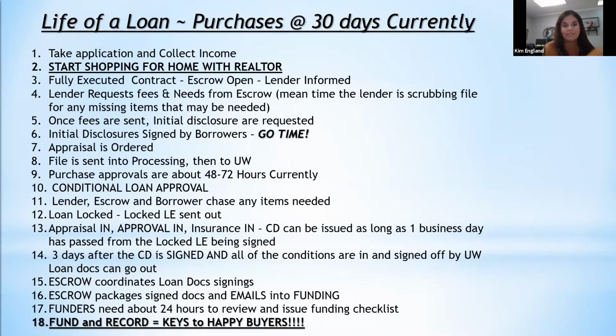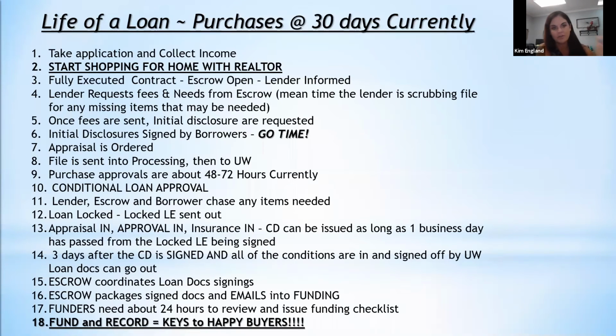Everybody at that point is chasing down everything. We're chasing stuff, escrow's chasing stuff, and the borrower's chasing anything they're being asked for on the approval. Your loan being locked, I put that here. Typically I lock after I have loan approval. However, it depends on the market. Right now rates are pretty solid. They're not real volatile. So I tend to lock after the loan approval, so if there are any changes, we can make adjustments at that point. But different lenders and different loan officers will lock at different times. I don't like to lose locks, so I tend to lock probably about midway through a transaction.